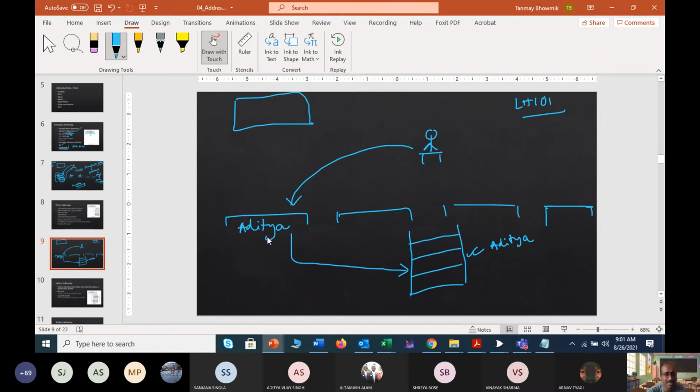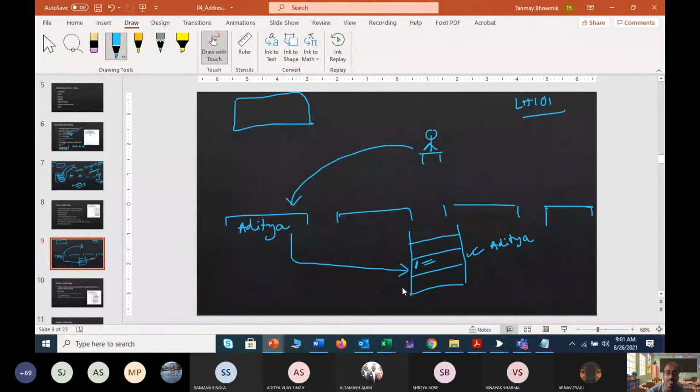So then he will just stop at that time, but later, when he needs to give this data to me, he needs to move to his room. He needs to take the copy and then again come to me and submit. So what is happening here? This is one location basically where he is storing the data, right?